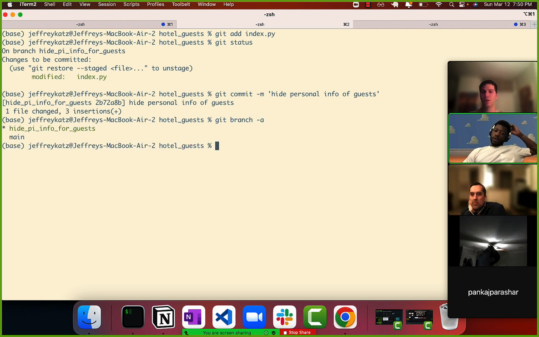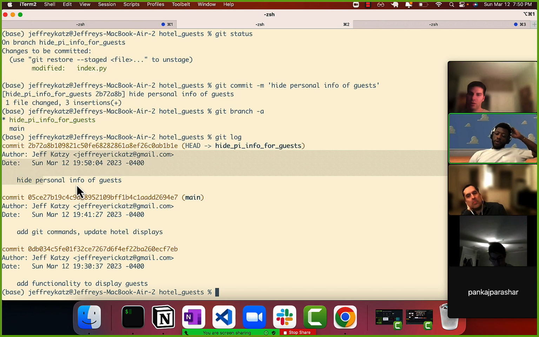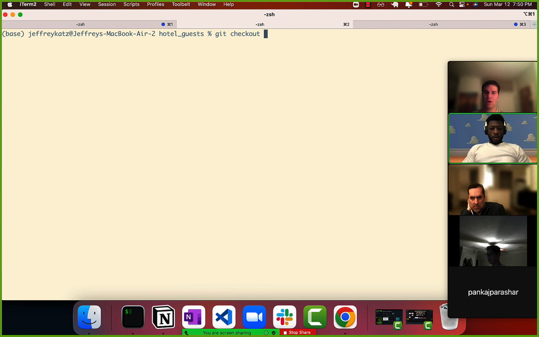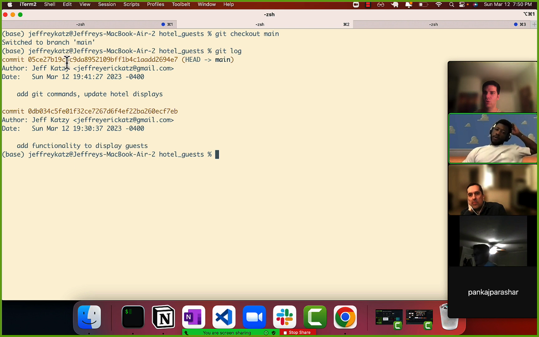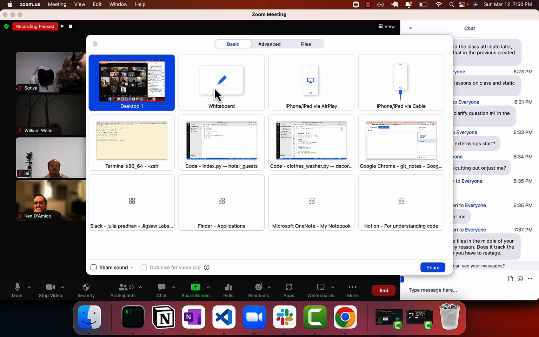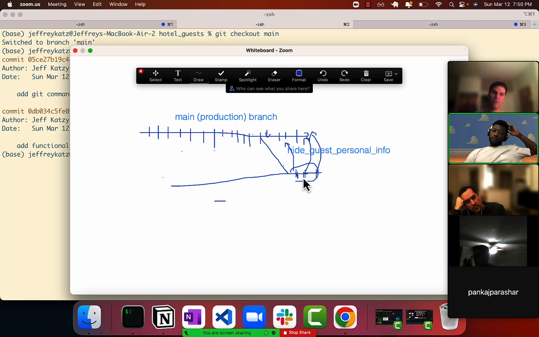Just remember, I'm on the feature branch, hide PI info for guests. So now if I do git log here, I have this commit, right? If I go back, however, git checkout main, and I do git log here, there's only 2 commits. Neither of them are the hide personal info, right? So this is kind of where we are: this main branch has 2 commits on it, and this feature branch has an